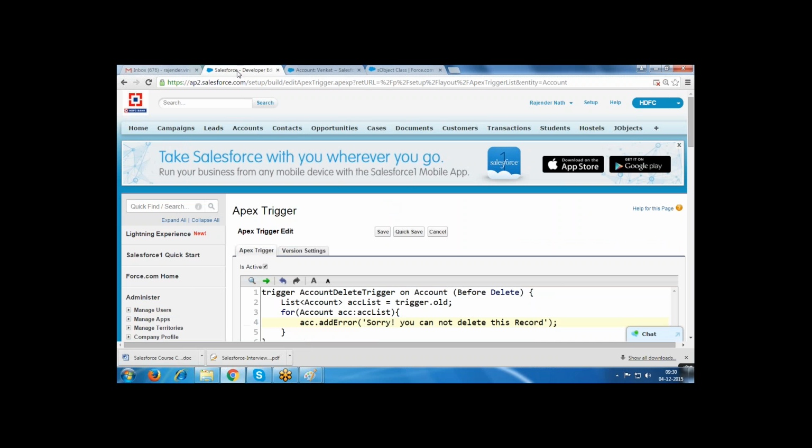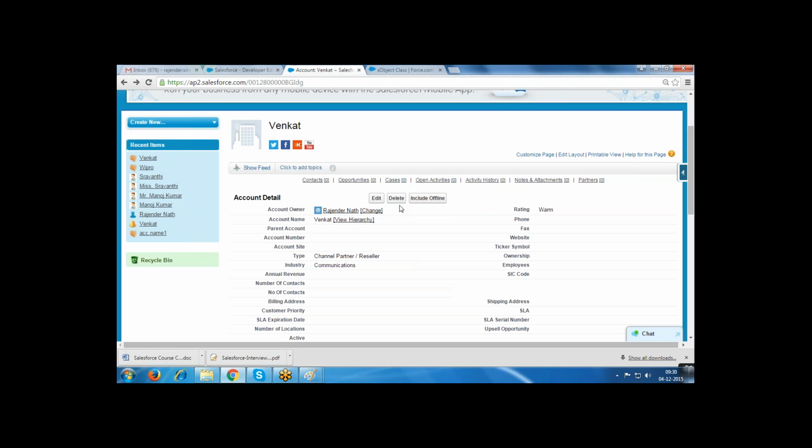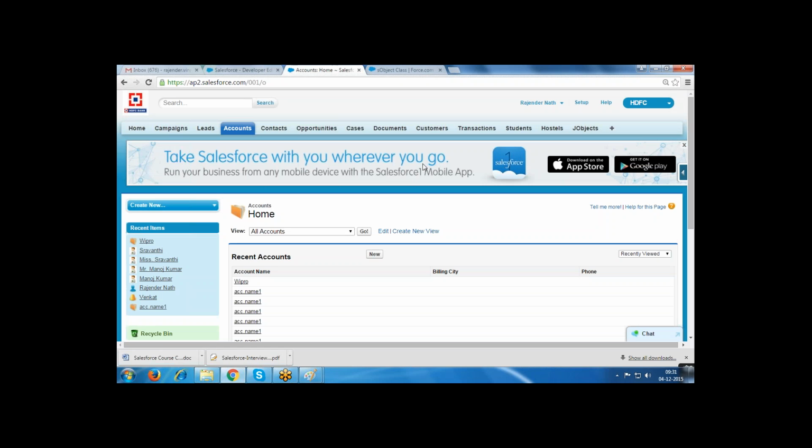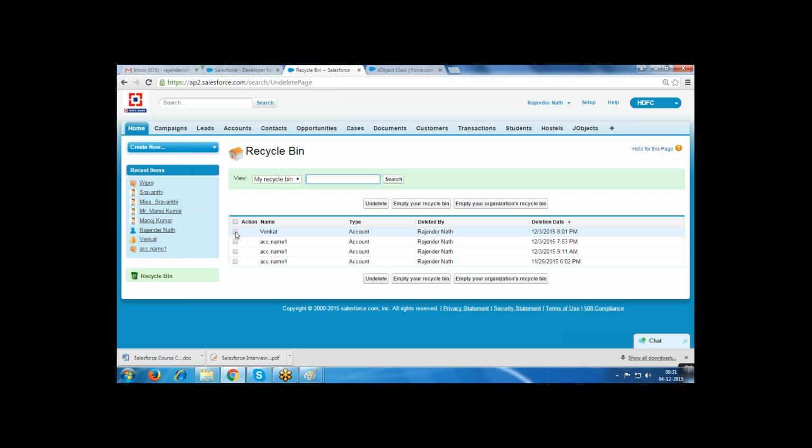Now, if the trigger is disabled, inactive, then whenever you are performing the delete operation, even though you wrote the trigger, it is deactivated. In this case, it cannot perform. Directly it is deleting. So if you want to delete the record, you can delete the records. It is not restricting.